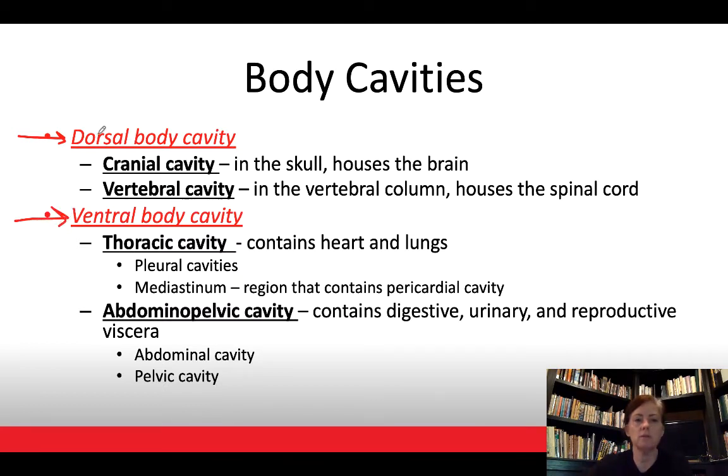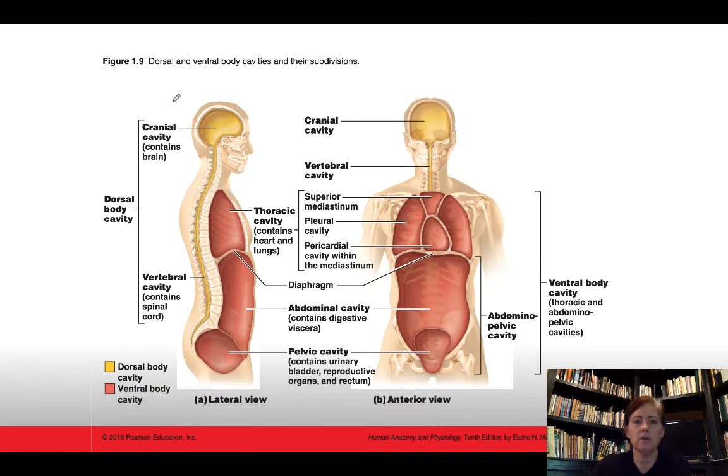So dorsal, if you recall from our terminology a couple slides ago, dorsal means posterior. So these are going to be body cavities that are located on the back of the body. So posterior, and if you look at this image, this is a sagittal plane view of the person. We're looking at them from the side, and you can see here in yellow we've got the dorsal body cavity,